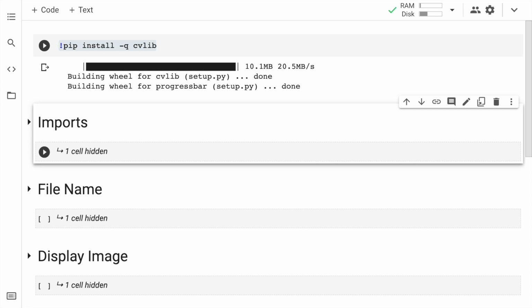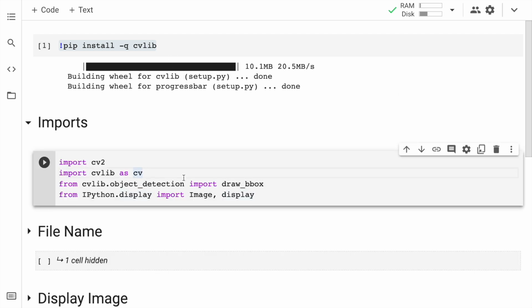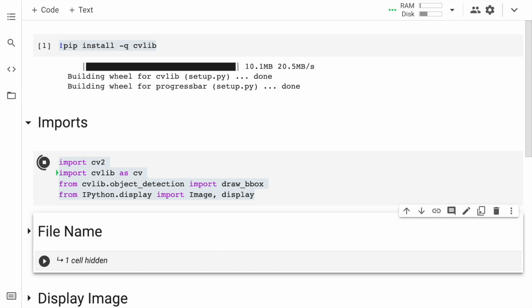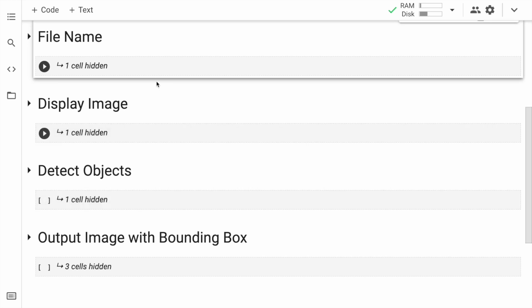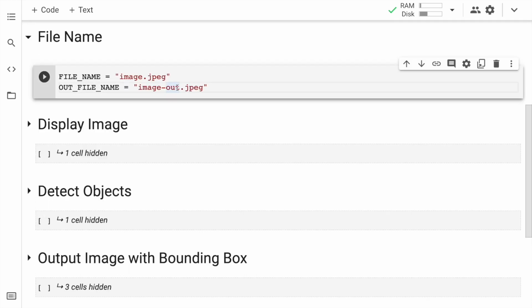Now that the installation is done, let me go forward and import some necessary modules. So let me go forward and run this cell. I have an image file called image.jpeg, which I'll upload into the current Google Colab session.